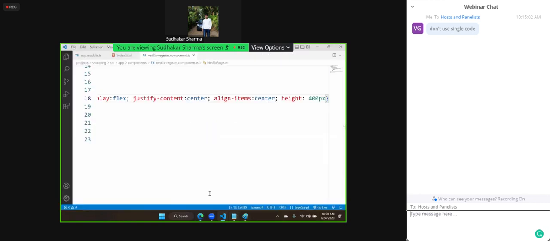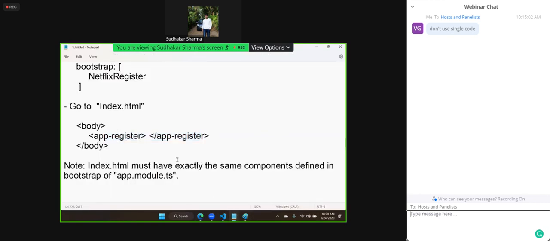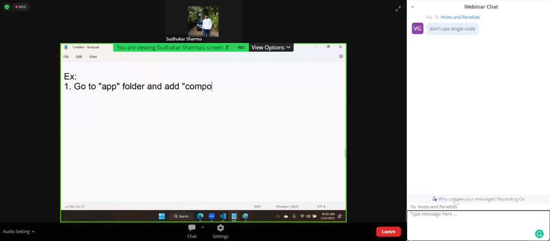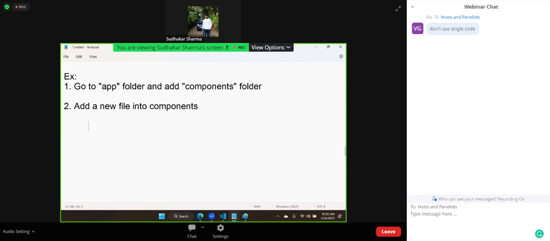First, this part we will make, right? I will give you in the note. So this is an example. In the example, what is the first step? Go to the app folder and add the components folder. Next, add a new file into components. What is that